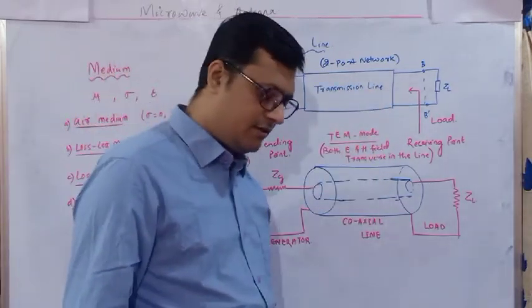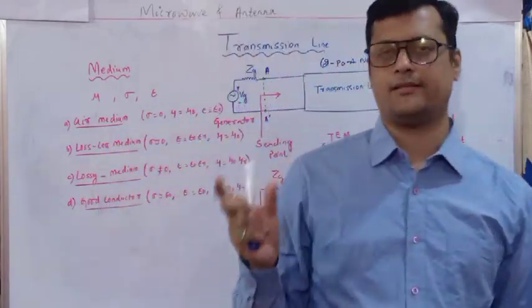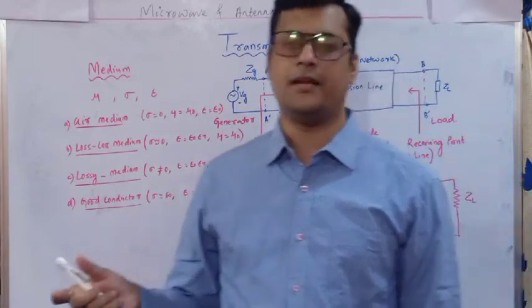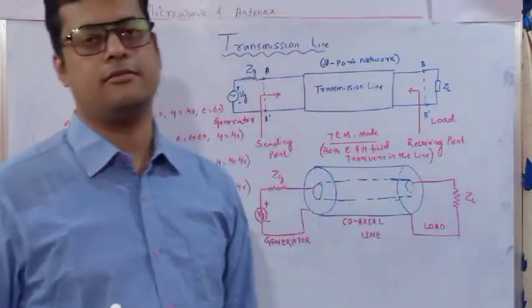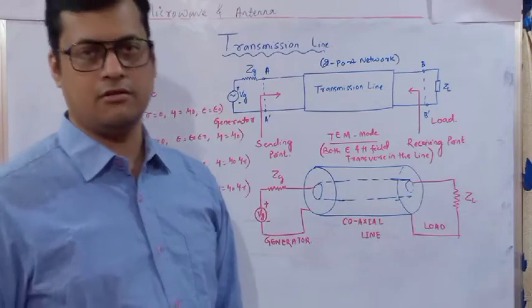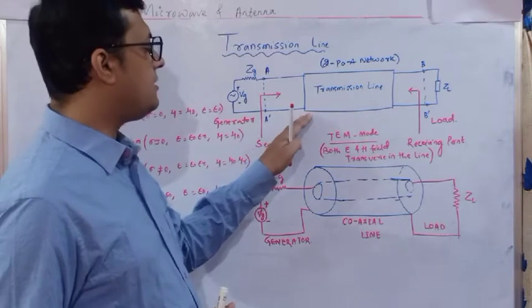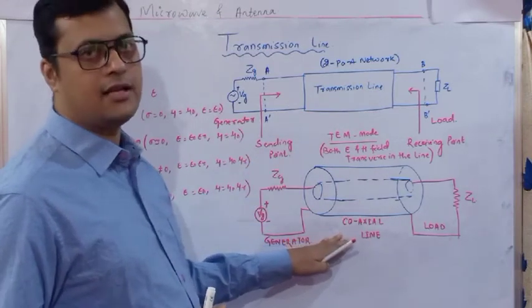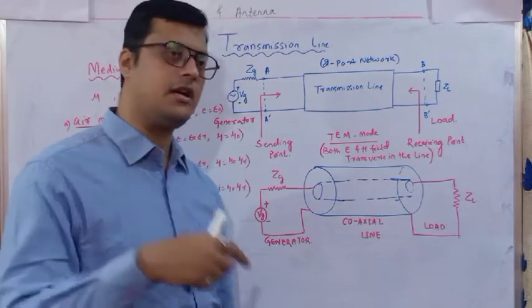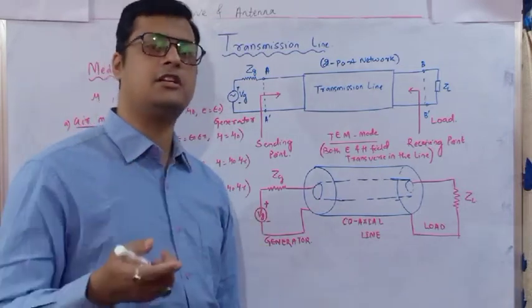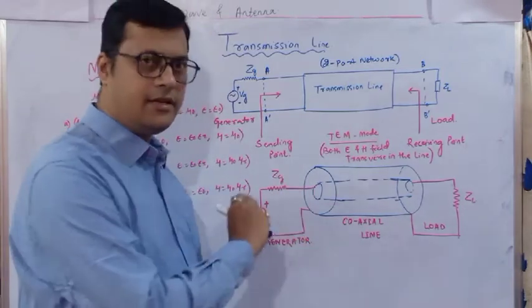Last class I also discussed that there are various types of transmission lines: two wire line, coaxial cable, parallel plate, and microstrip lines. All those things we will discuss once again, and we are going to calculate all those parameters in today's class if time permits. This transmission line I have replaced with a coaxial cable. A coaxial cable has an inner conductor, which is the core, and the outer conductor, the outer shield, is called the jacket. So our information is quite safe in that core.